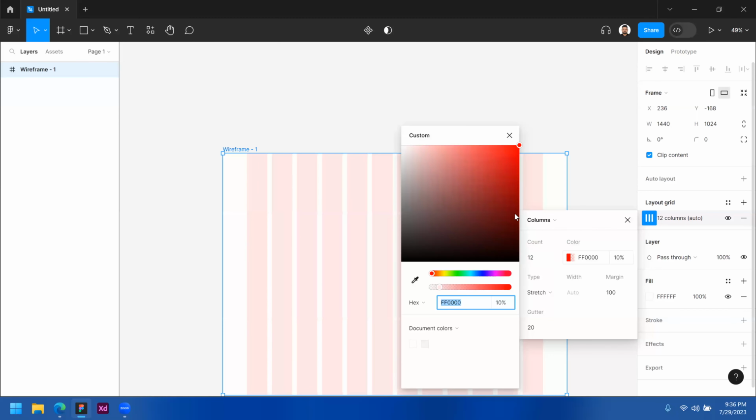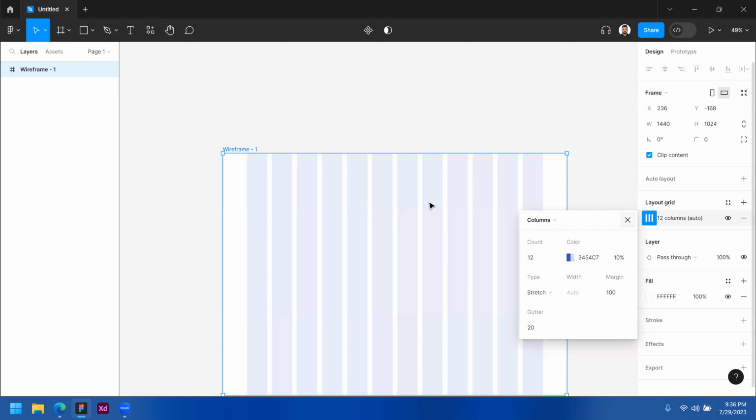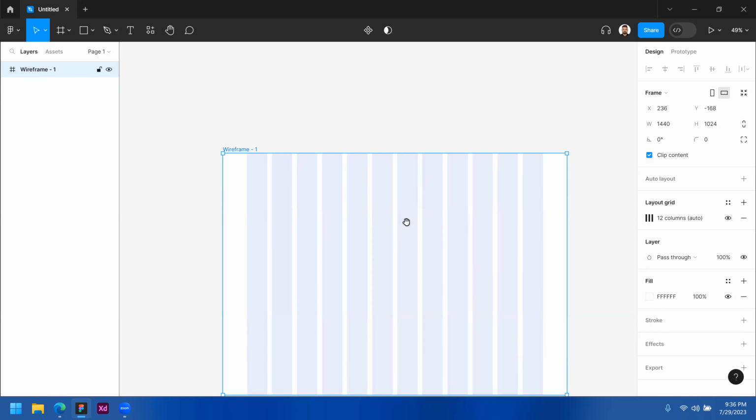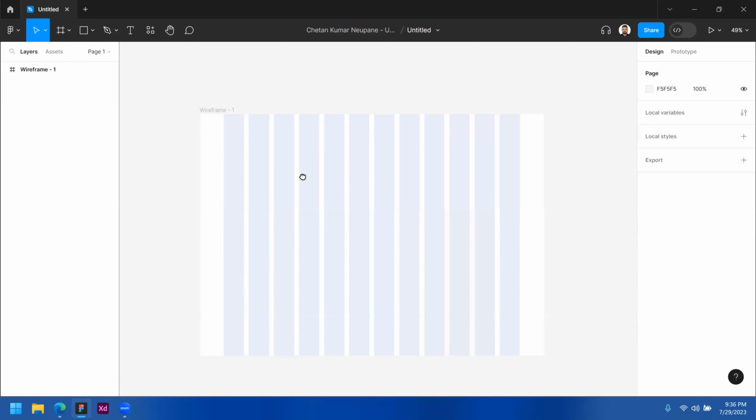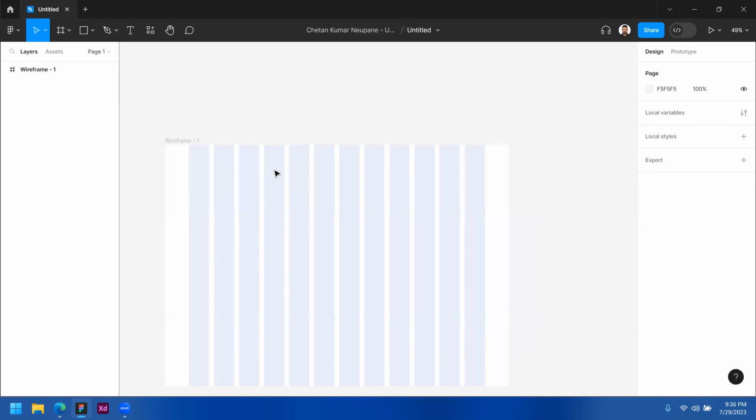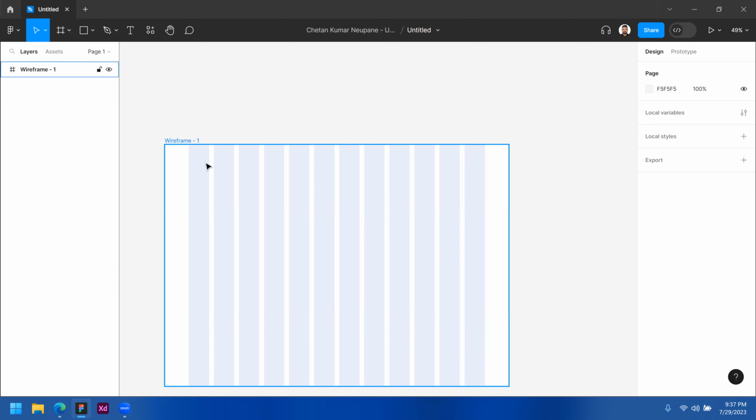And if you want to change any color, then obviously you can change whatever color you like. It's your preference, but it won't change your actual website. It's just for your guideline. And okay, what is happening with the 5? I don't know. Anyway, so yeah,